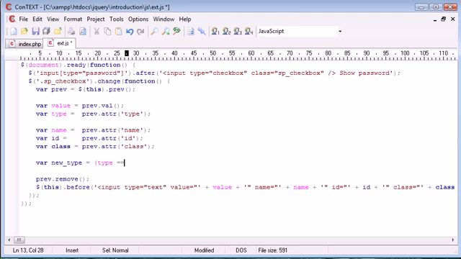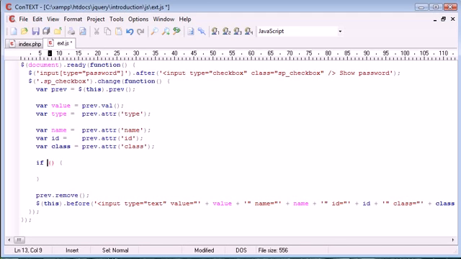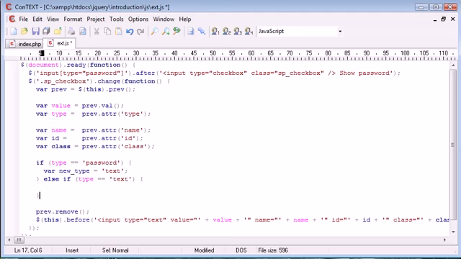In fact, let's do it the traditional way first, and then I'll show you how to shorten this out. So I'm going to create an if statement. The condition is going to be if the type is equal to password, then we obviously need to change this value here to text. So we can create a variable saying newType, and that's going to be equal to text. Now otherwise, if the type is equal to text, we want to go ahead and set the newType